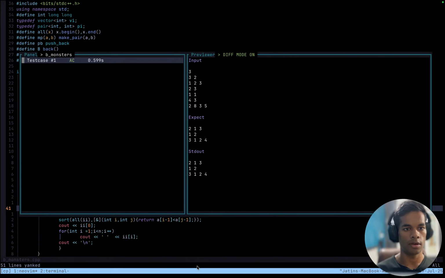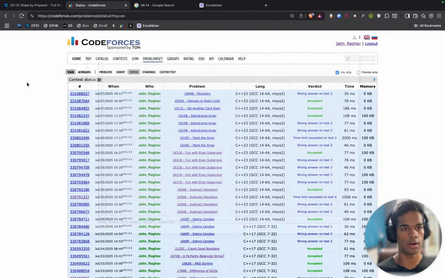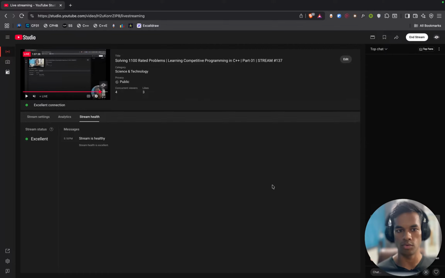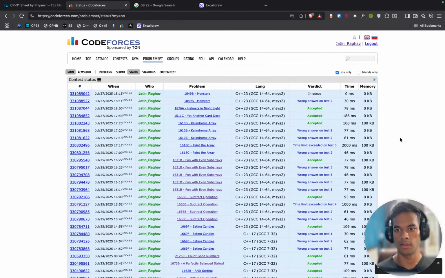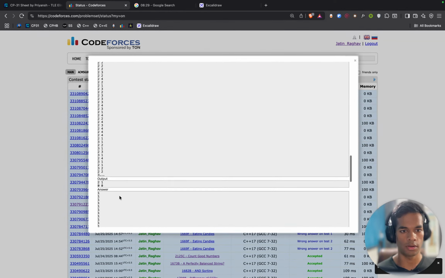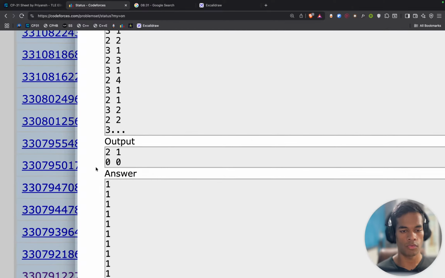It should be working here, and it is working here. I don't know which test case I got the wrong answer for, so I have to do this thing. Running on test case 2, in which I will get a wrong answer for this, for 0, 0.